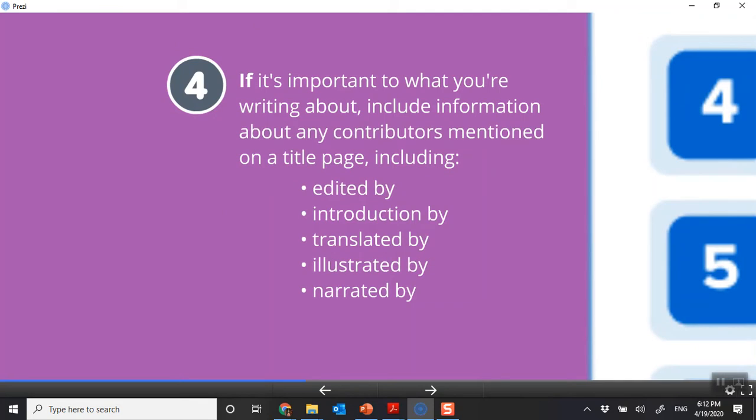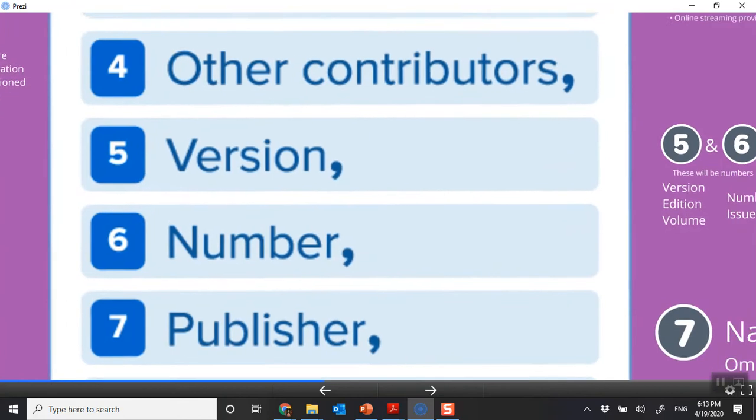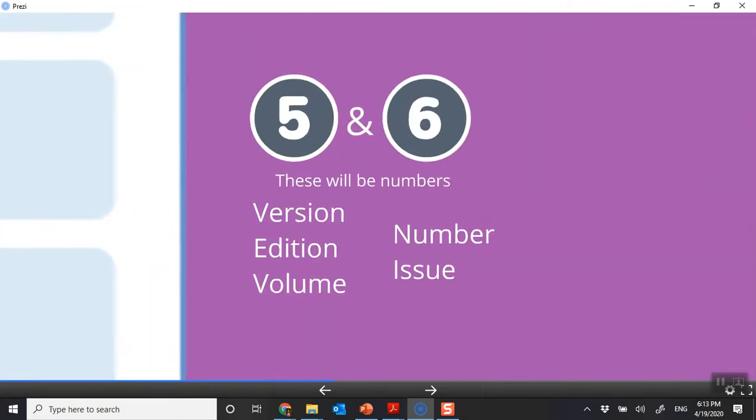If it's important to what you're writing about, include information about any contributors: editors, translators, introduced by, illustrated by, narrated by. Numbers 5 and 6, the version number and the issue number: the version, edition, volume, and then number, issue.